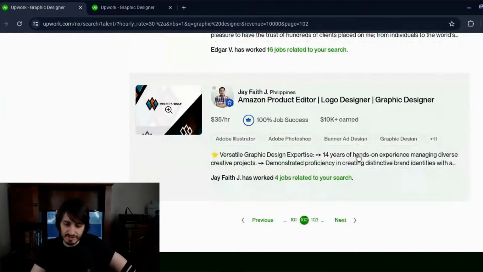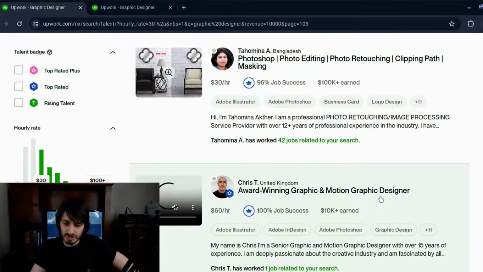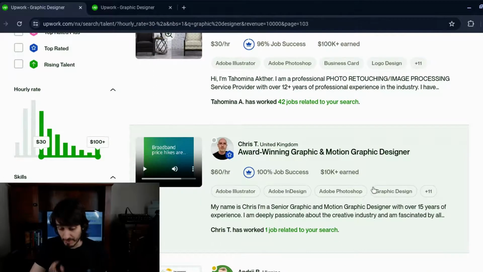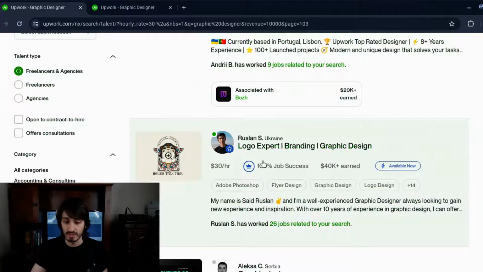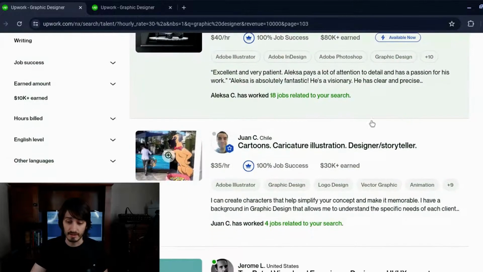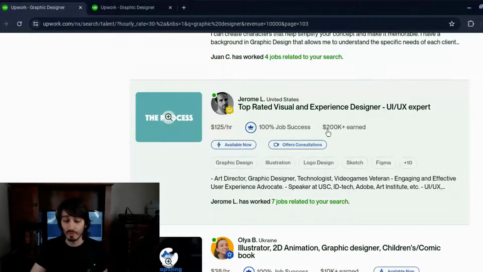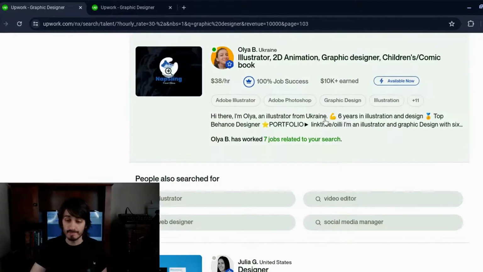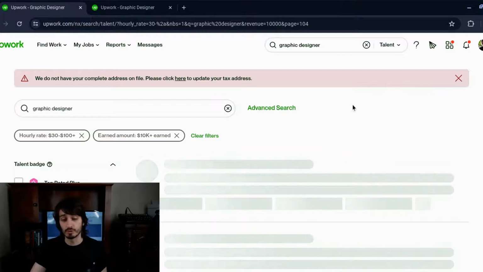First thing you notice is that there's not a lot of people doing that, right? A lot of people are just showcasing their specializations and the technologies they use, like here Figma, Sauce, logo expert, branding. These are the things they're good at. Cartoons, caricature illustrations, that's what seems to be working on Upwork right now. And so far, we've looked at 3 pages, we found only one person who did the same as